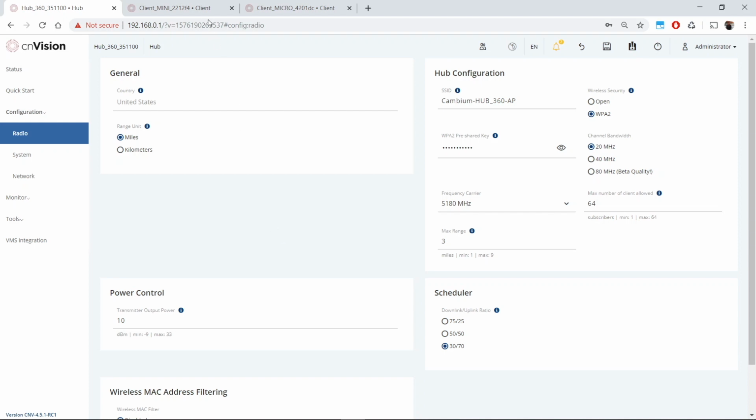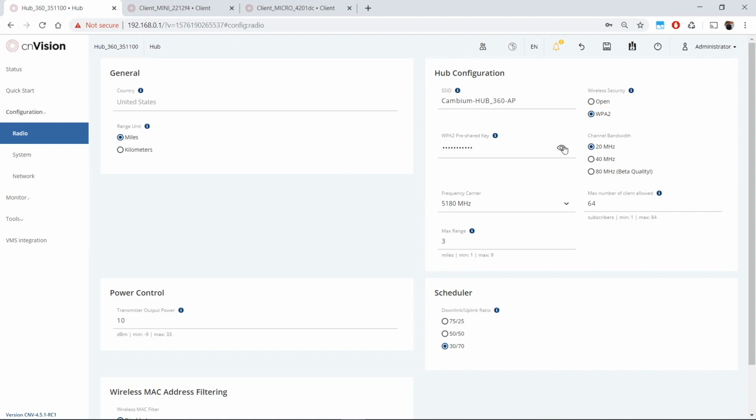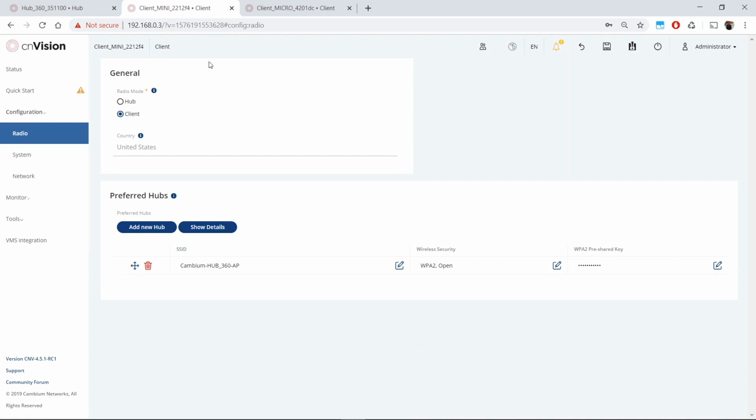So that's the reason why you should change it on the clients first, hit the save button on all the clients so that after doing this they will disconnect, and then change it on the hub so that next time when they are trying to connect to hub, when they are scanning for the hubs, they will see this particular hub,